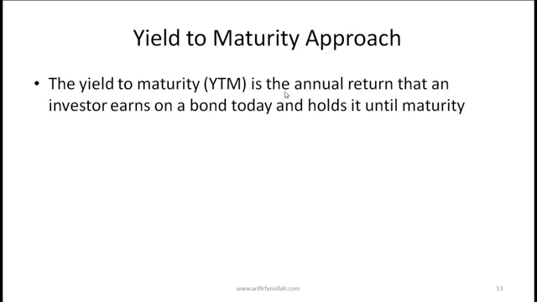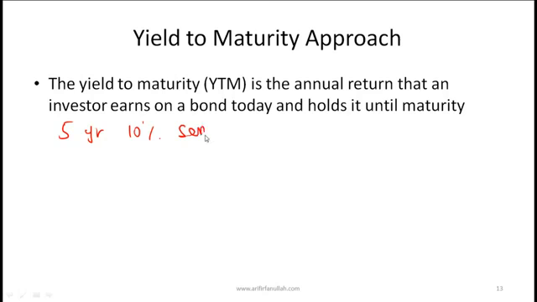The yield to maturity is the annual return that an investor earns on a bond today, assuming that he holds the bond till maturity. So let's take a simple example. Let's say that a company issues a bond, and this is a tie-in both with quant as well as material that you saw in FRA in the reading on non-current liabilities. So essentially we are figuring out what is the return that a company needs to provide its bondholders. So if a company issues a 5-year